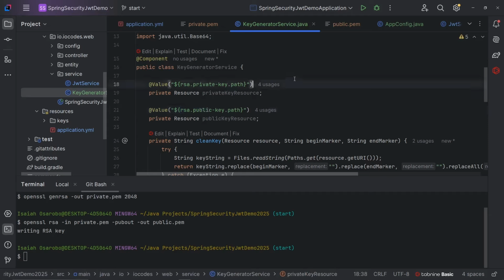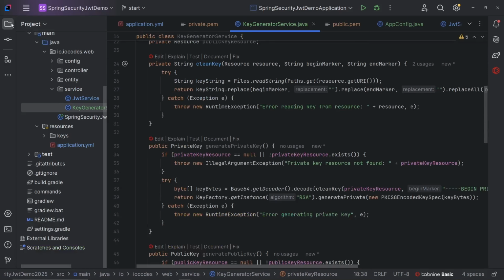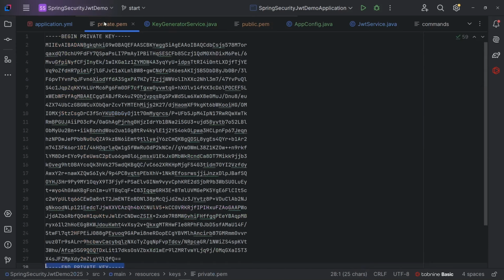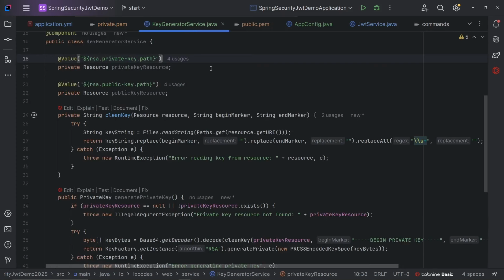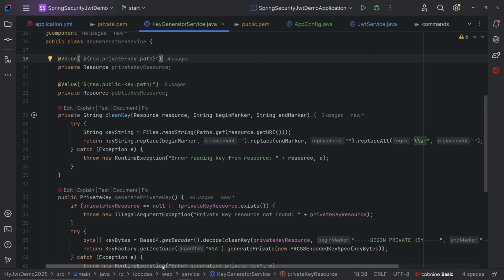Okay, so that is for the private key and the public key. I'll collapse this and this one as well. Now for the clean key, what we are simply doing is replacing the begin marker and the end marker. The begin marker is simply the begin keyword we have here and the dashes associated with it, and the end keyword we have here and the dashes as well as the other words associated with it. So back to the key generator service class, we are replacing this with a simple empty string, and after which I'll